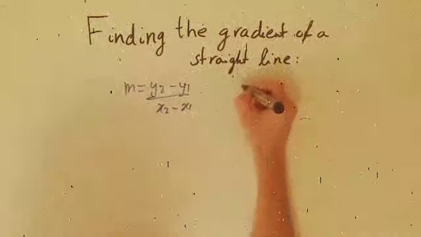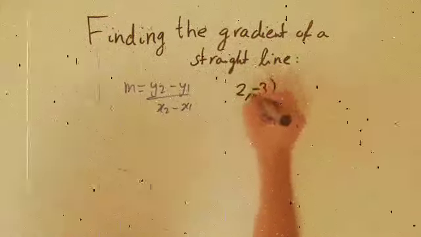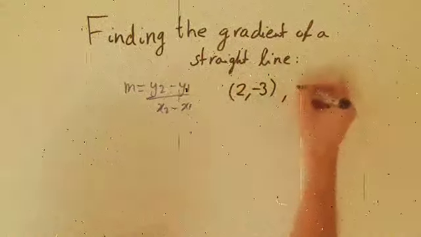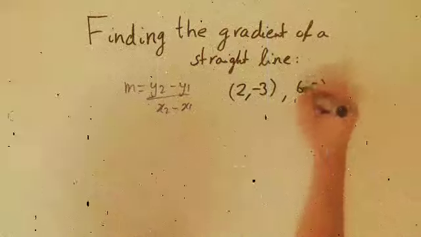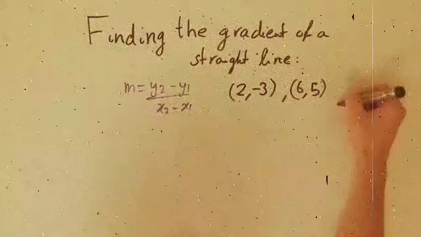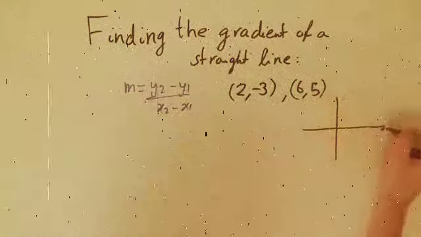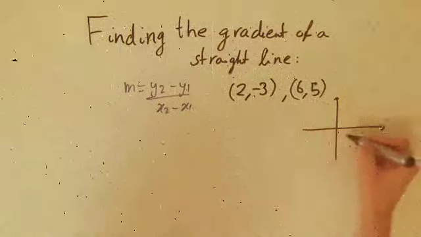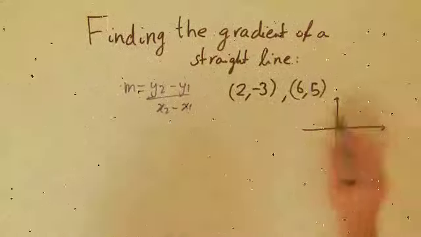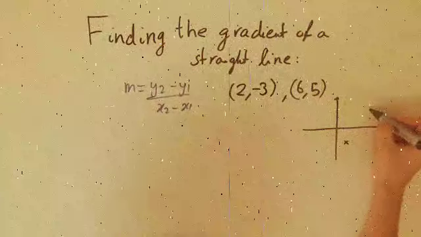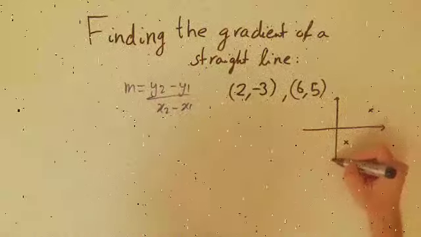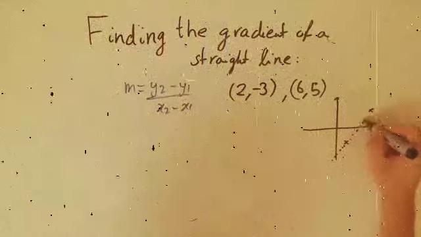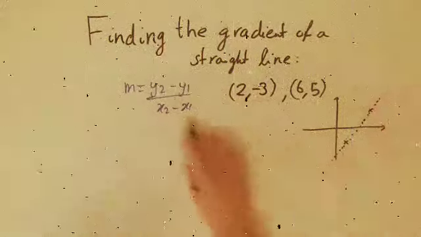Let's do another example. We will do 2 and minus 3 as the first point, and 6 and 5 as the second point. So again, we can think about what this looks like on a graph, if you prefer thinking about it graphically. So we have this first point, 2 and minus 3, that's going to be somewhere around here, and then 6 and 5, somewhere around here. So we are going to expect a positive gradient, something like this,